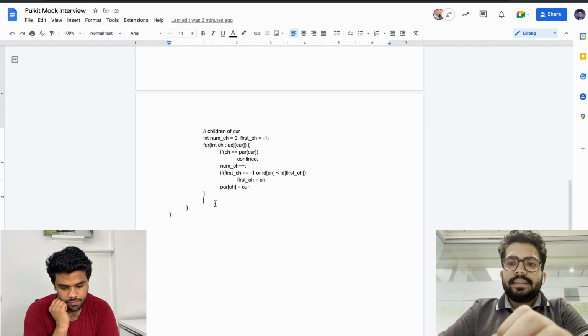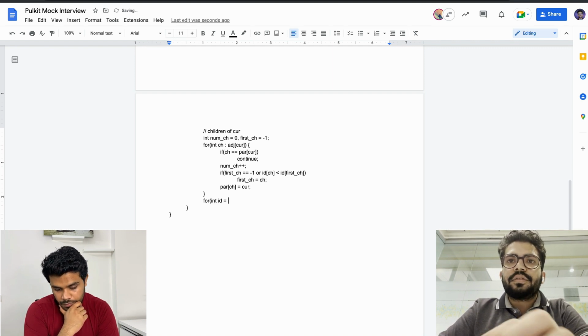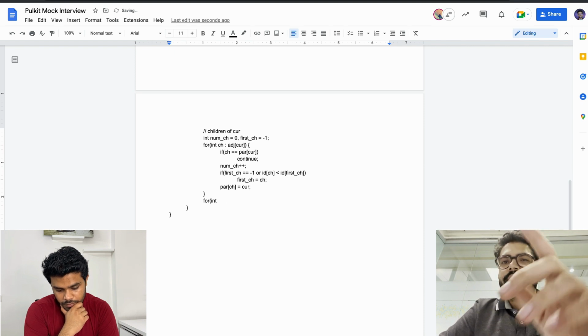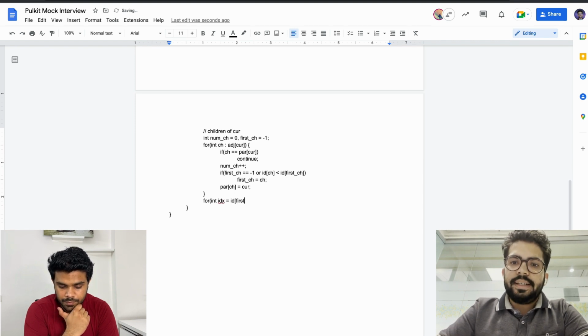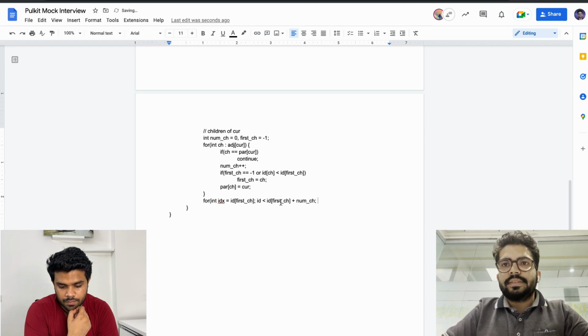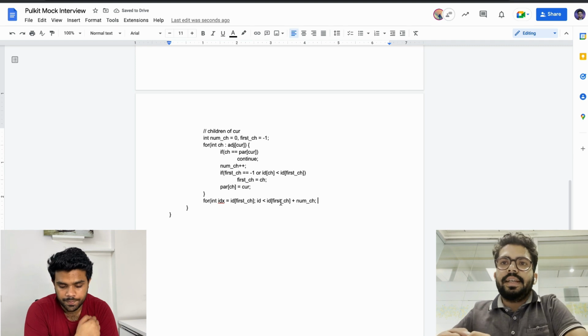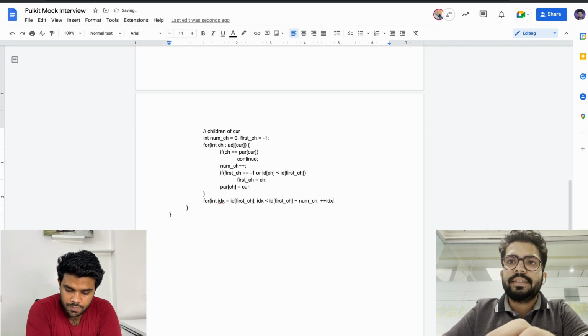So now what I'll be doing is, my starting index is going to be for int id equals to, let's not call it id because id we already used, let's call it idx equals to id of first child, because that is where my first child is going to be, right? idx is less than id of first child plus num child, because I'm interested in num child number of nodes. And plus plus idx, sorry, this should be idx again. The naming is something I need to work on, I think.